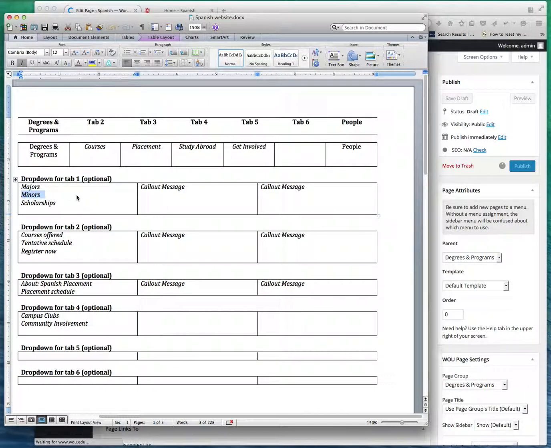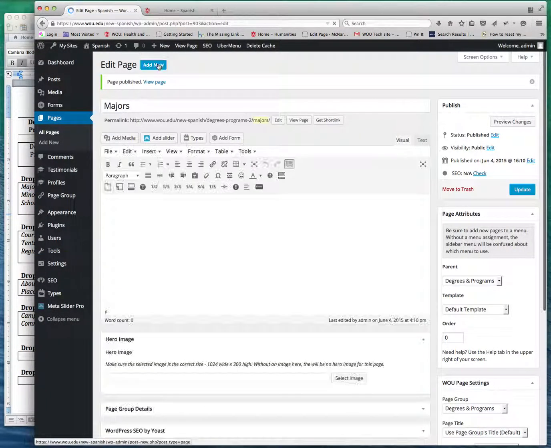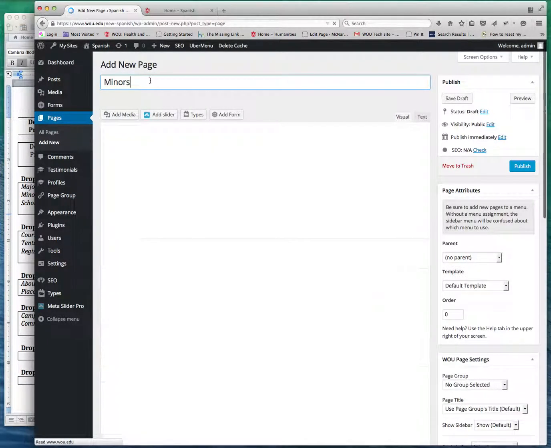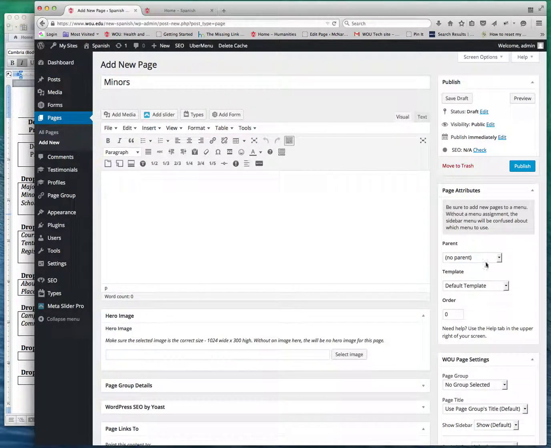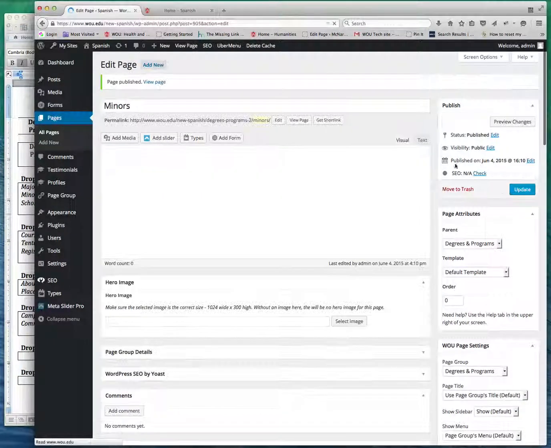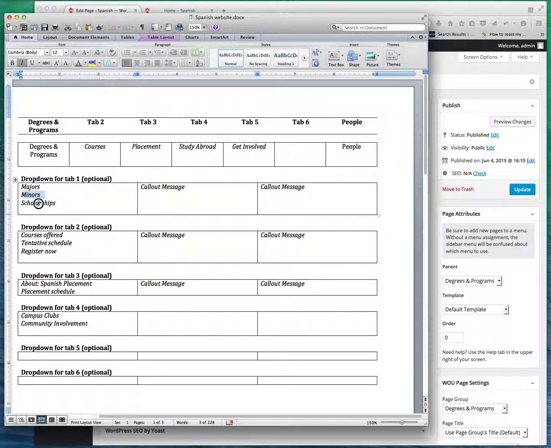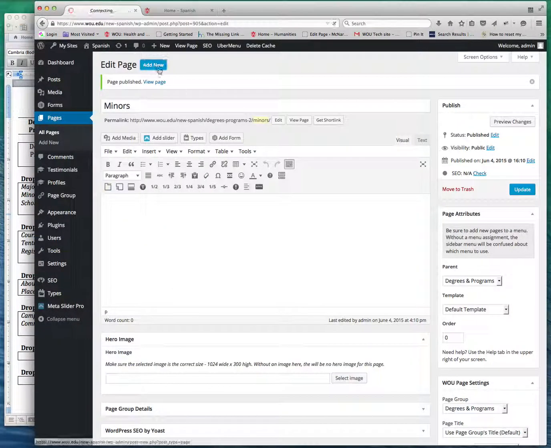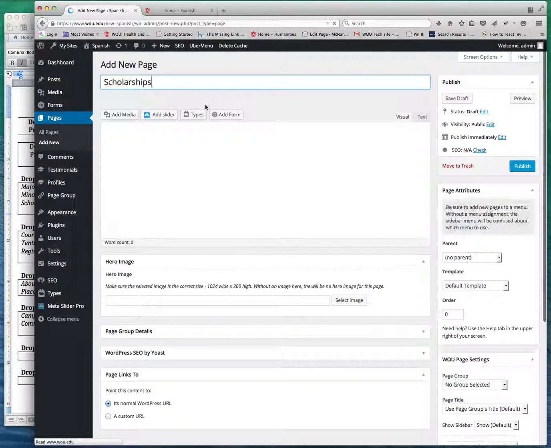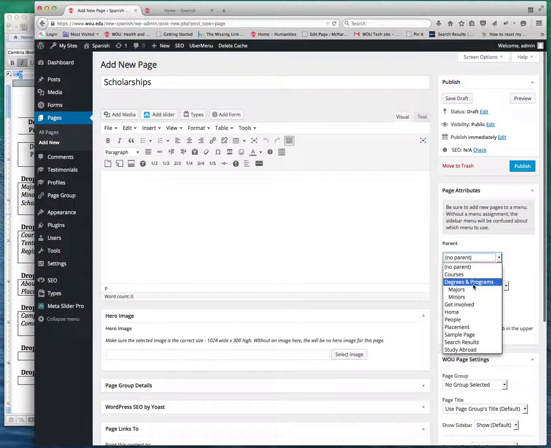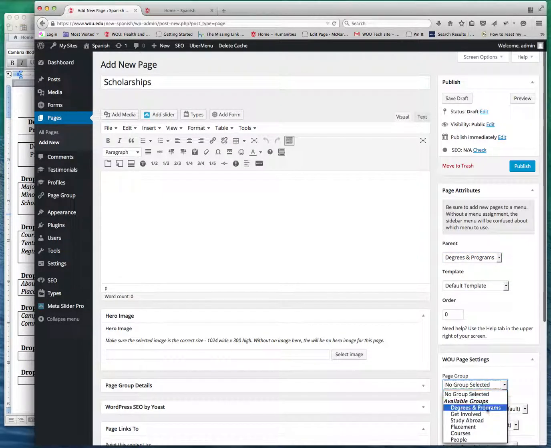and then we'll create this page for minors. So add new, paste the name in, select the parent, select the page group, and hit publish. And then we'll go to scholarships, add new, paste that in there for the parent, degrees and programs,